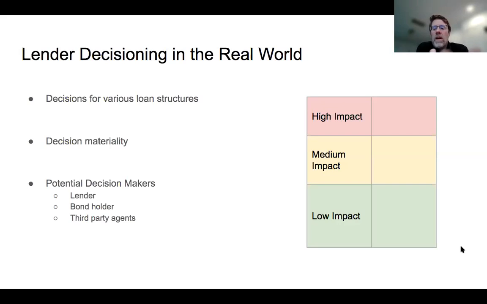And then I've also put a graph here to think about decisions. I've split them into 3 levels: high, medium, and low. For a reason. But we'll get to that. It doesn't have to be 3 levels. And then also one of the key questions is, if it is 3 levels, where do you draw the lines? What's high impact? What's medium? What's low? All right. Next slide, please.